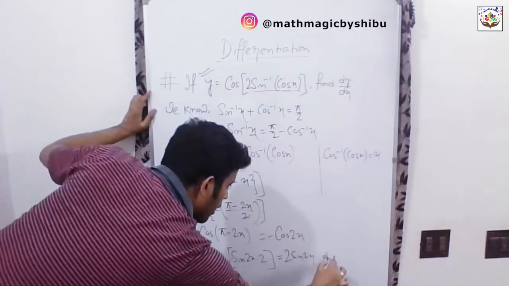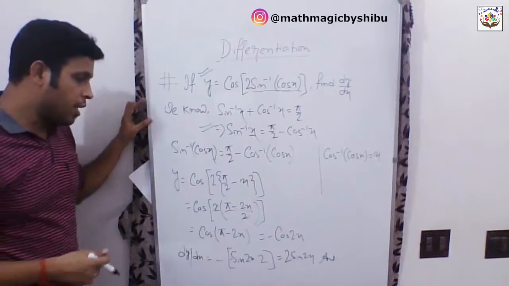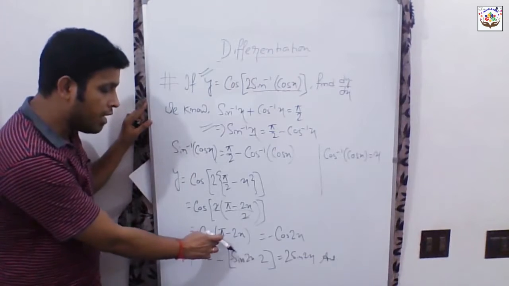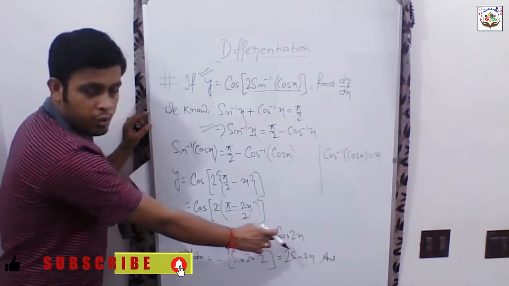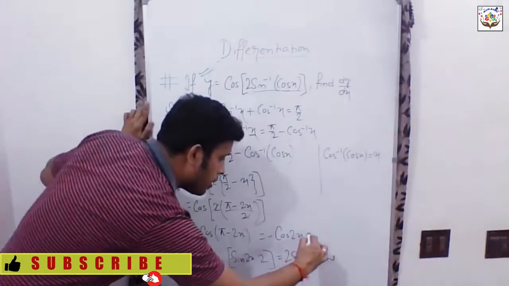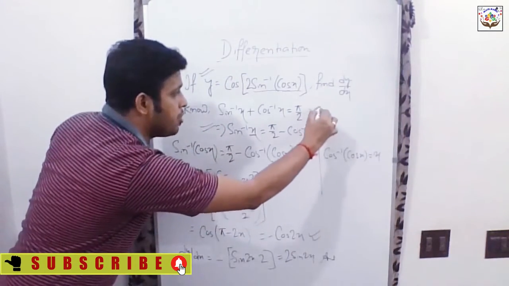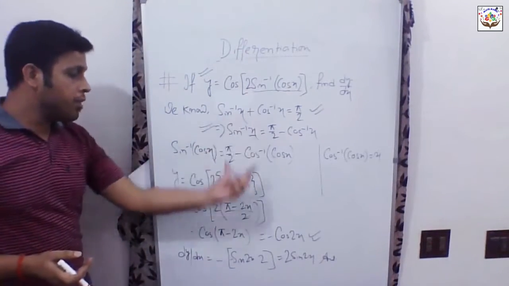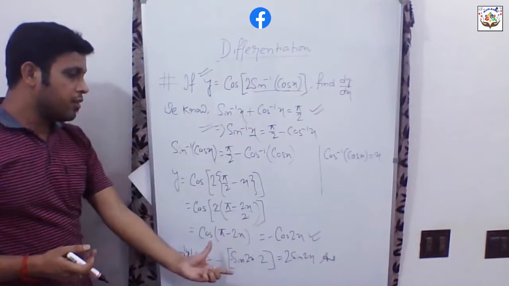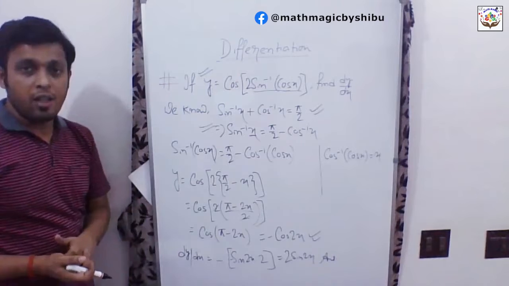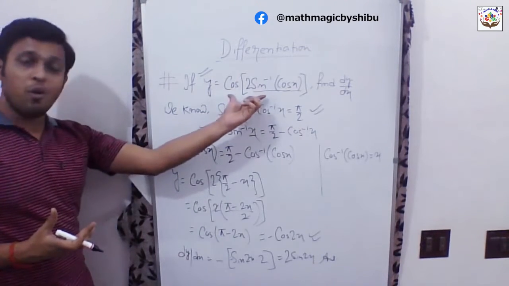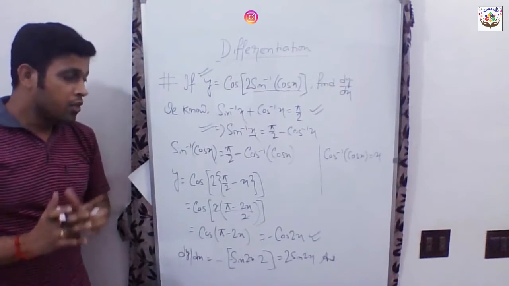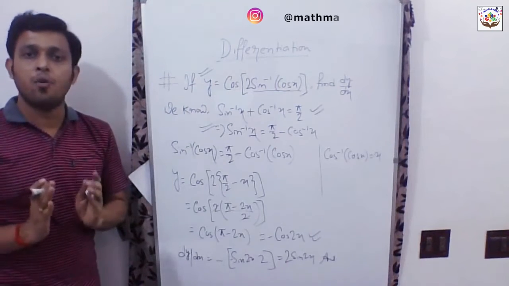Okay, so 2 sin 2x is our desired answer for dy/dx. Let me just recap the procedure once. Just remember what we have done: cos of pi minus 2x, that means cos of 180 degrees minus 2x, is actually minus cos 2x. You need to remember this formula to solve that problem. If you remember this formula, then you can easily simplify the problem as early as you can. Otherwise it would be difficult. The problem is small, but if you do not remember any formula, it would be very, very difficult. Trust me. You have to remember and understand formulas in mathematics.